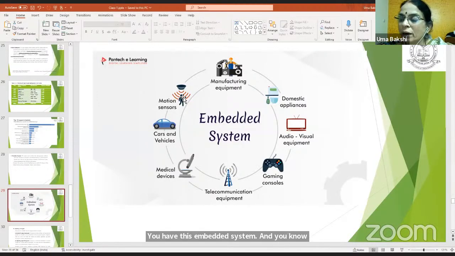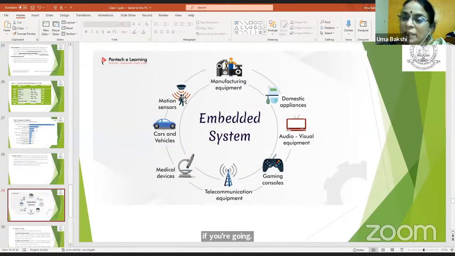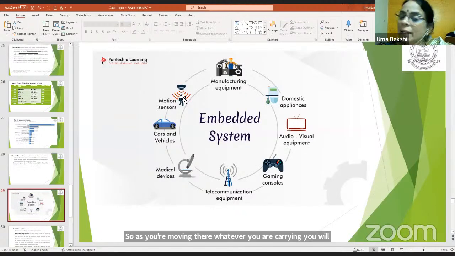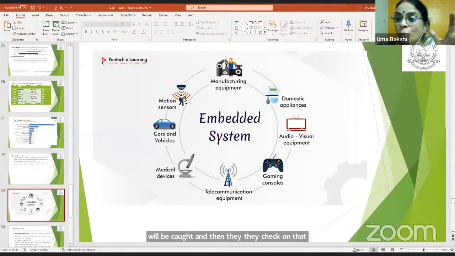Wherever you are going, if you are carrying any threats or anything, especially in the metros and anywhere, wherever metal detectors and motion sensors will be there, as you are moving, whatever you are carrying, you will be caught, and then they check on that. Manufacturing equipment, in those places, embedded systems, how much is loaded, how much is done in the truck,